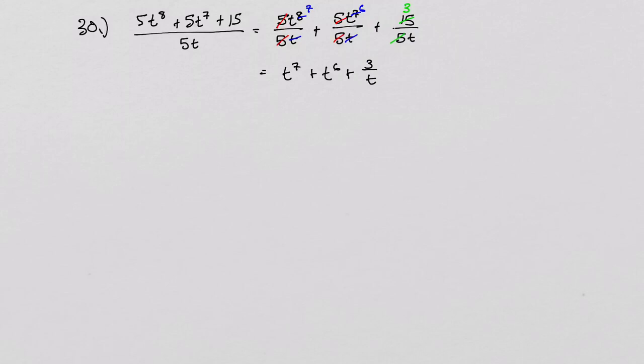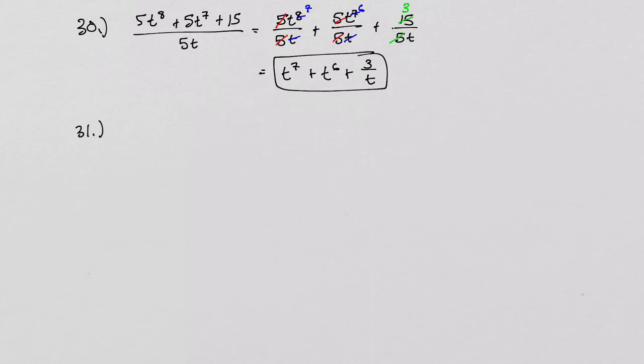It can be accepted to write it as t to the 7th plus t to the 6th plus 3t to the negative 1, but this is the far more preferred form for this course. We usually like our exponents to be always positive, so that's probably the better way to go about it. So I'm just going to go ahead and even erase this. This is the way we'd like to see you write it if this type of problem shows up on the exam. And so onward to number 31,